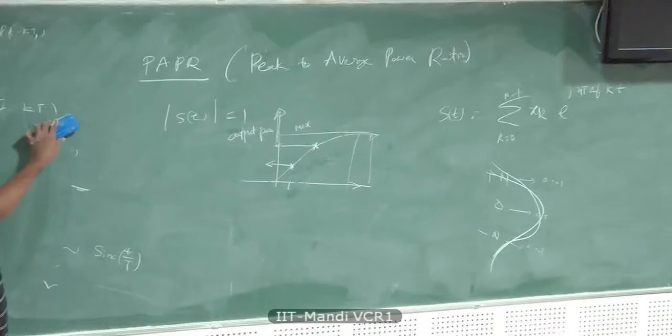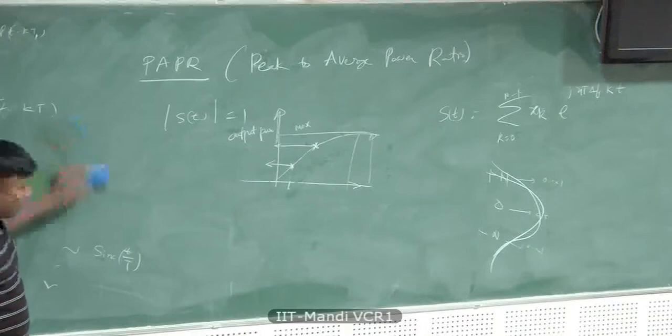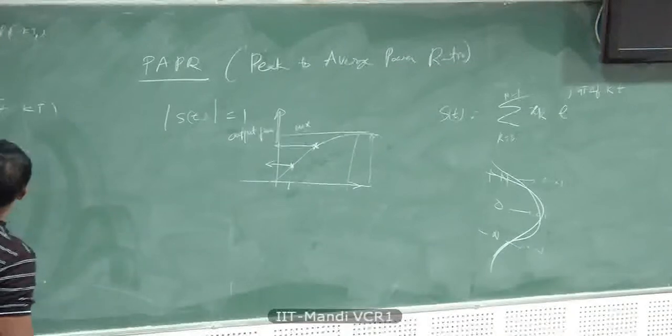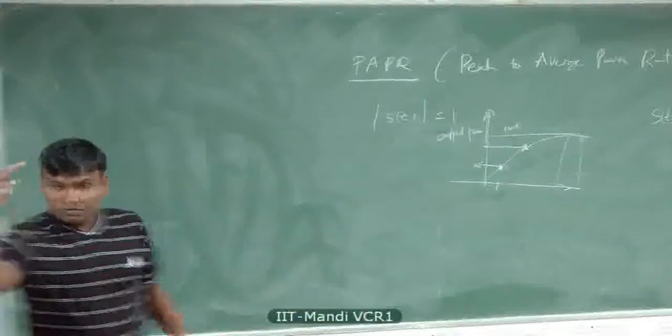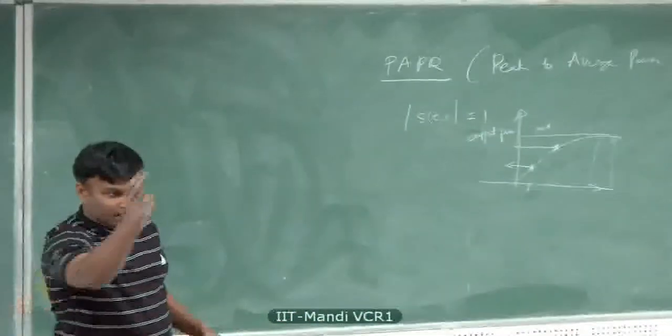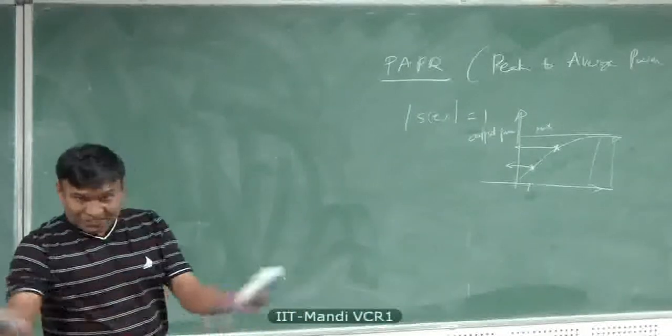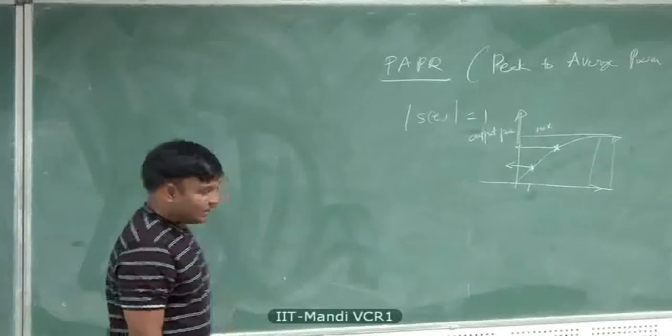And in the uplink, you can use what is called DFT pre-coded OFDM or single carrier FDMA, which is good for RF power amplification. And in the downlink, you use OFDMA, which is very flexible. You can give 5 tones to one user, 10 tones to another user. I mean, you can really distribute the resources in a very flexible manner.